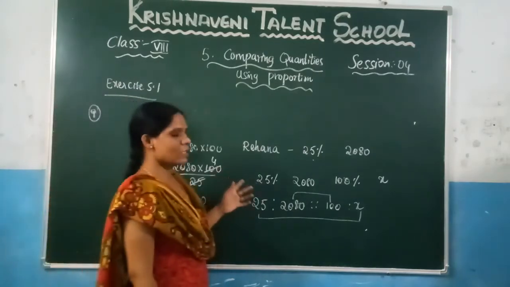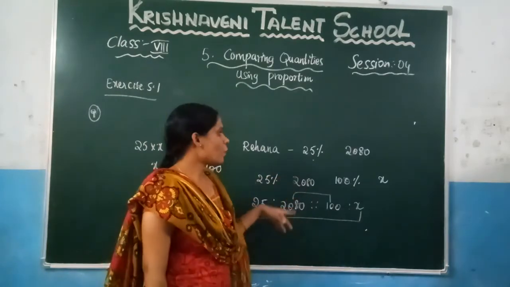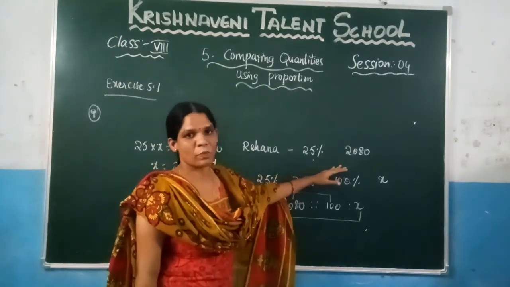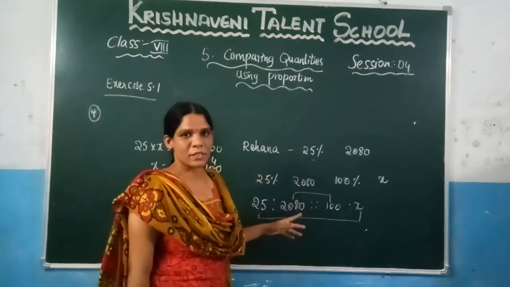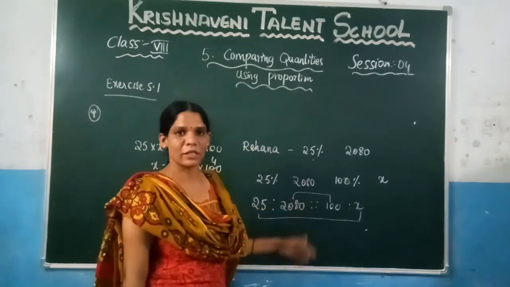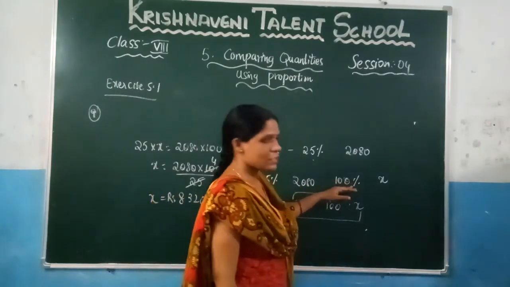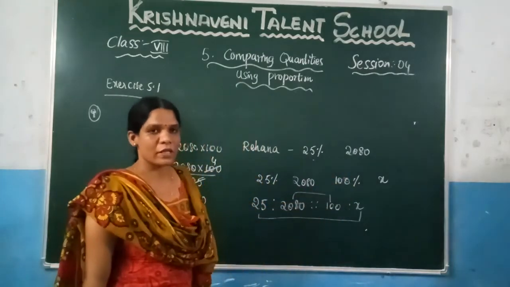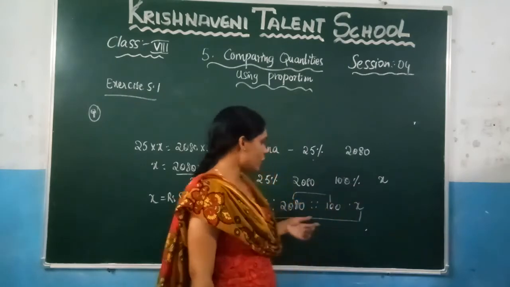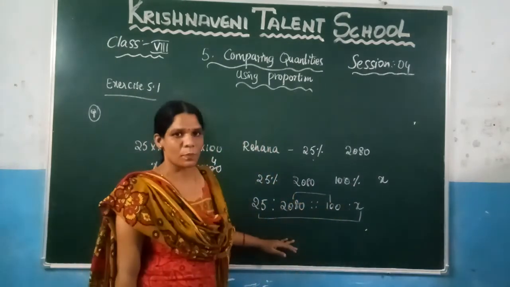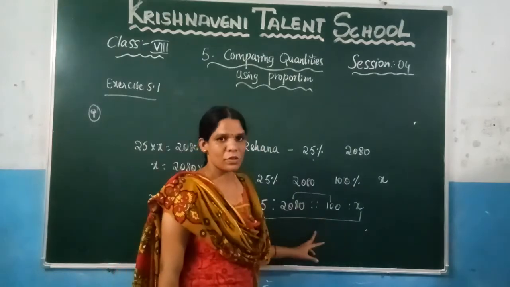Again, what is the question given here? Rehana owns a business. He is getting a profit of 2,080 rupees for 25%. Now you need to calculate the total percentage. Percentage is nothing but you need to calculate for 100. So I have written here for 100%. What is the total profit they asked? We don't know what the total profit is. Let us consider it as x, so that since these two ratios are in proportion, you can calculate such that the product of the extremes is equal to the product of the means.